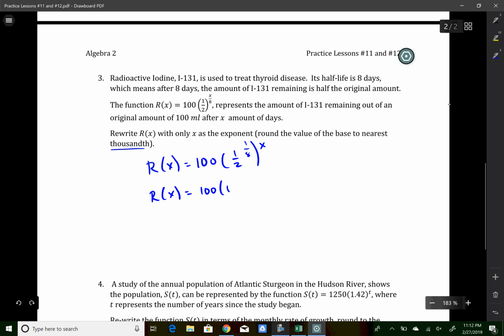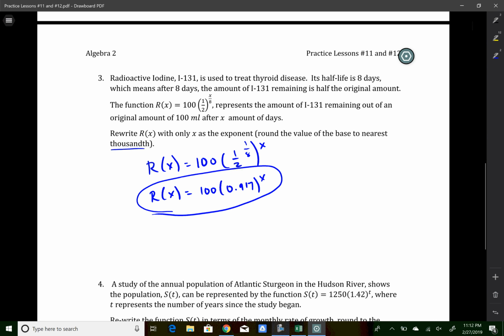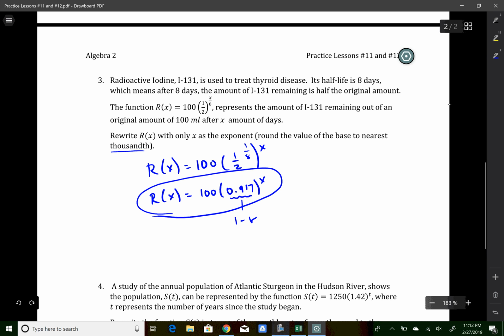Let me make that look better. To the x. Now, what I really wish I added to this question, and I must have forgot to do it, was to explain what this new base meant. So this new base is 1 minus the rate. Since it's decay, it's minus. So if I do some quick algebra, I can see that the daily decay rate